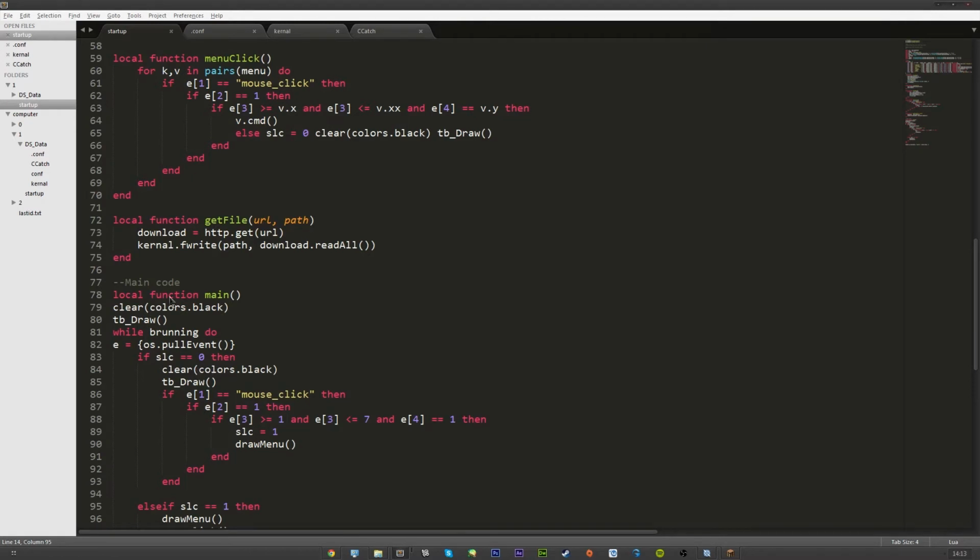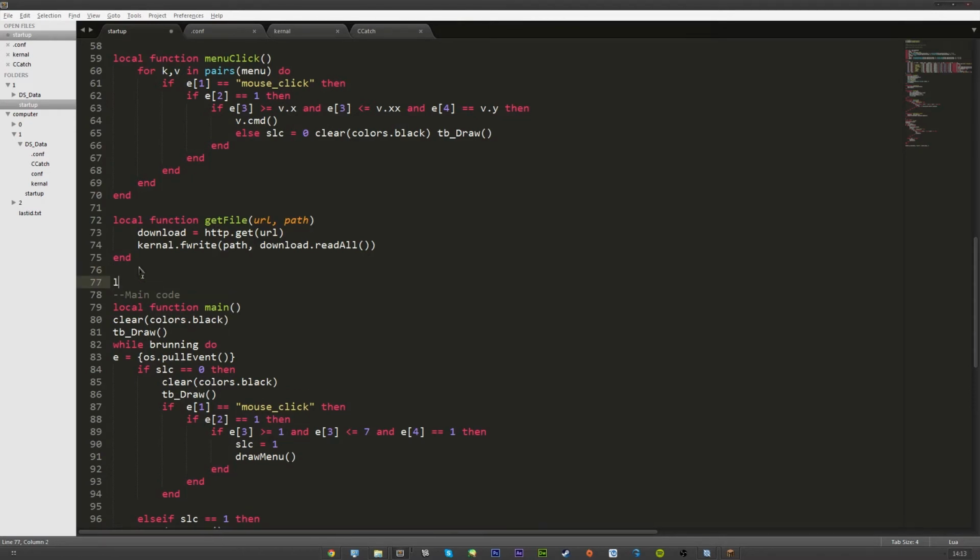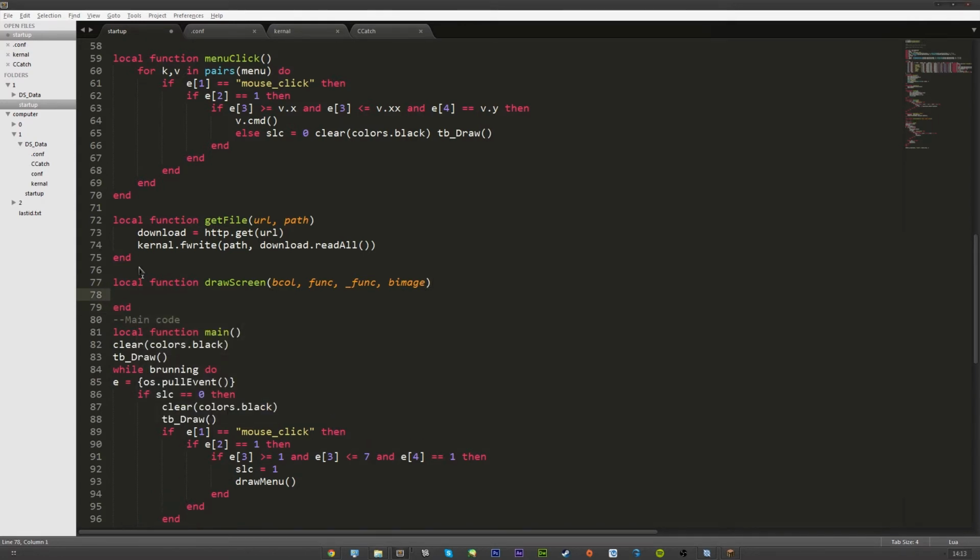We're using clear for there, so we want local function draw screen, and we want bcall function underscore function, and we want image. We want to end that. So on here for draw screen,